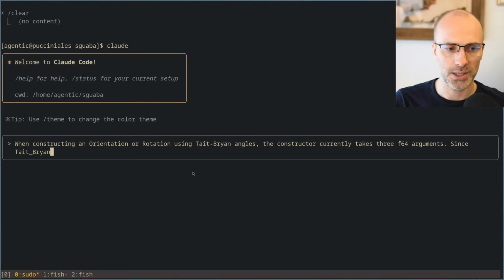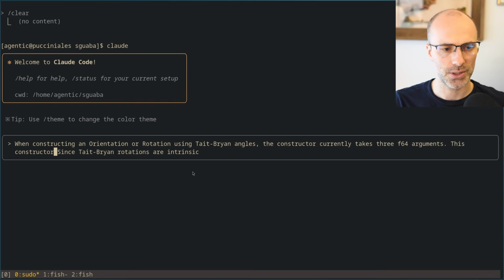Since Tait-Bryan angles are intrinsic rotations, actually, let's write it slightly differently.